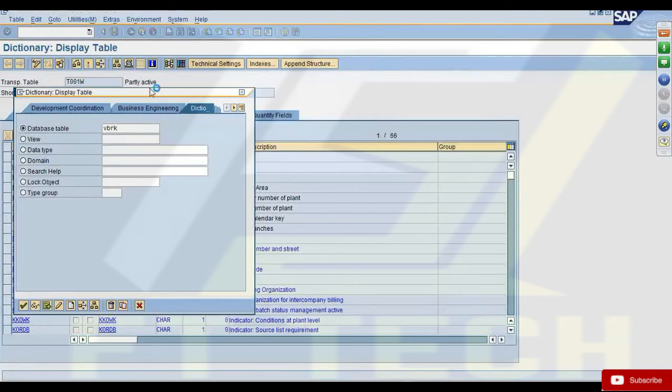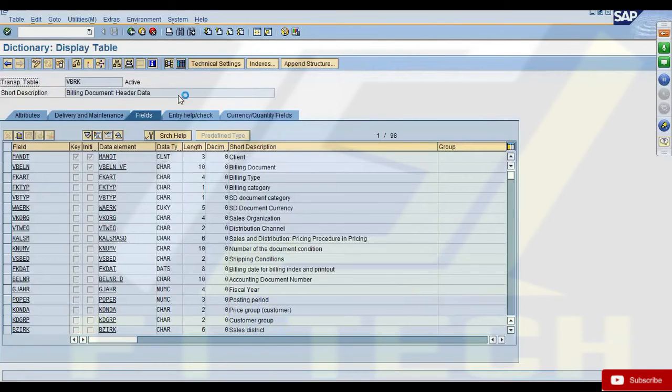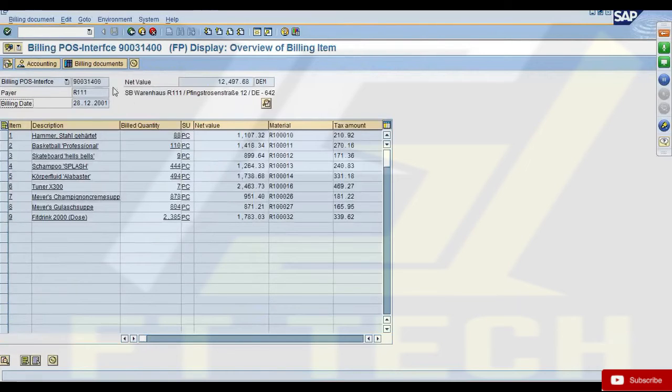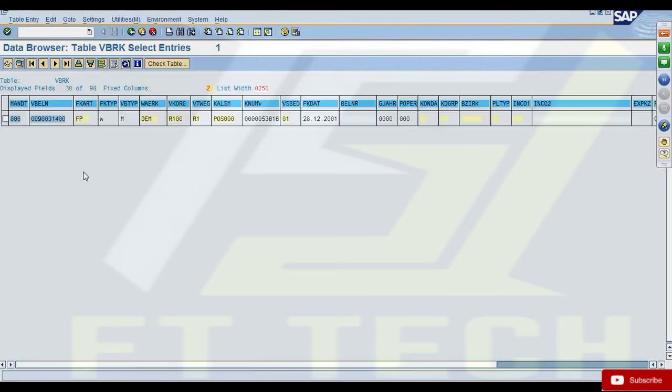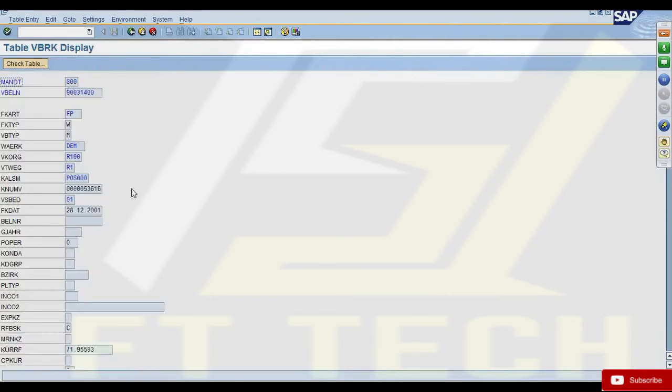So if I open this VBRK table and give this document number, here I can get the billing document date, the document number, and the payer.